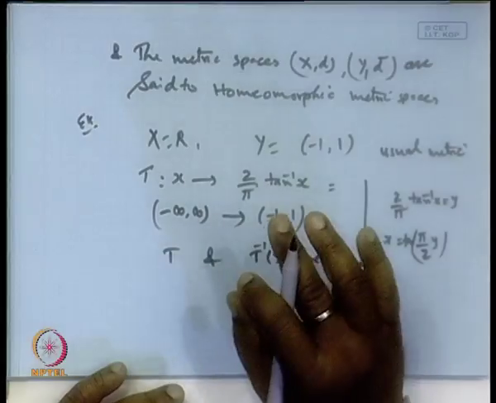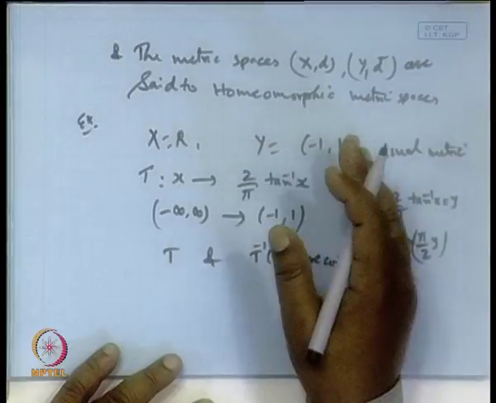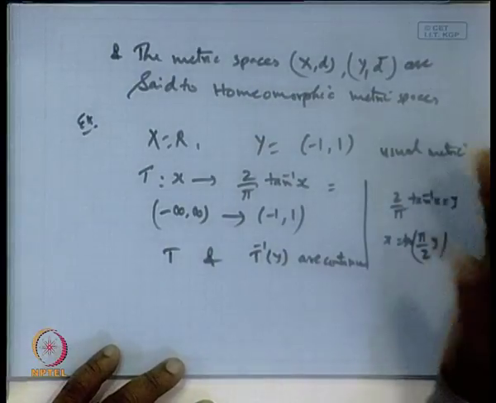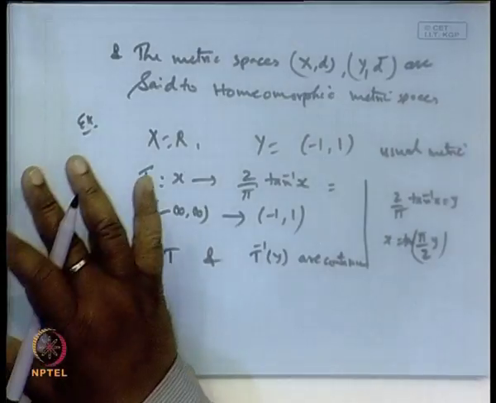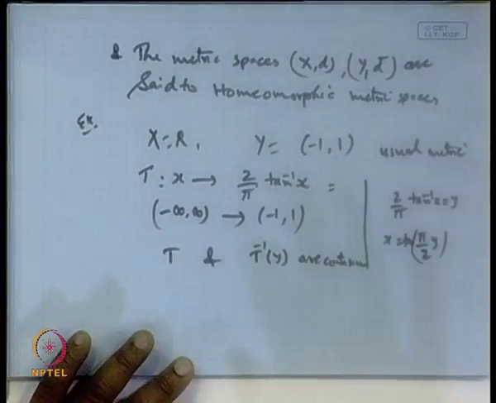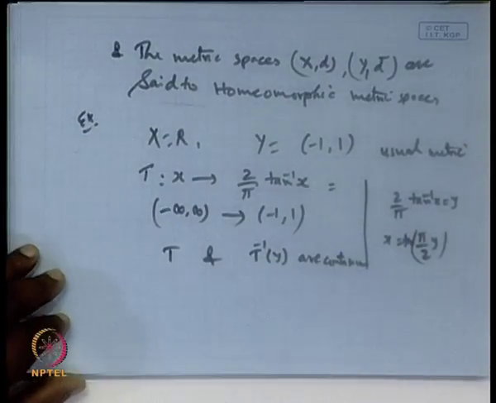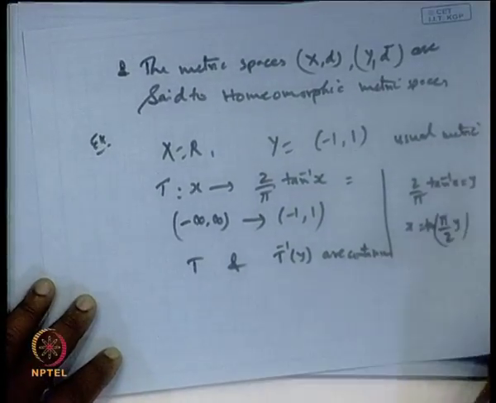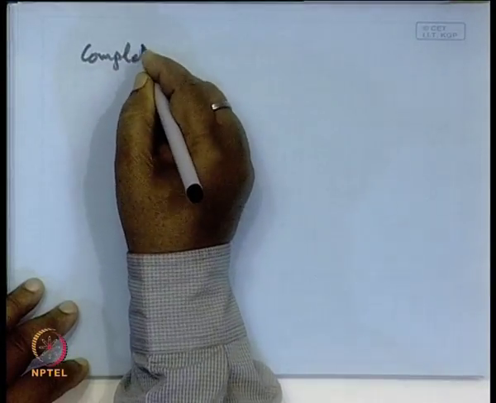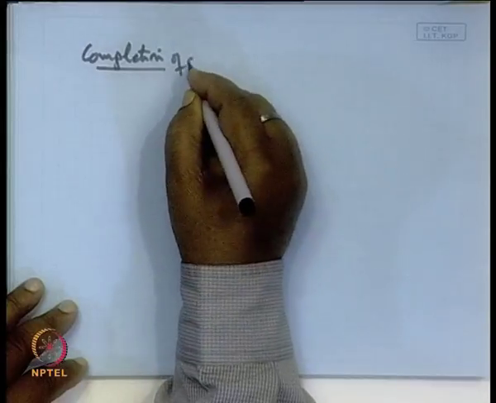If the two spaces are isometric, then similar types of Cauchy sequences will behave the same way in the other metric, and we have the corresponding properties of the metric the same in one or the second. Okay. So, that is the difference. Now, the question is, if suppose we have an incomplete metric space, how to convert it into a complete metric space, and that is known as the completion of the metric space. So, we go for the completion of a metric space.